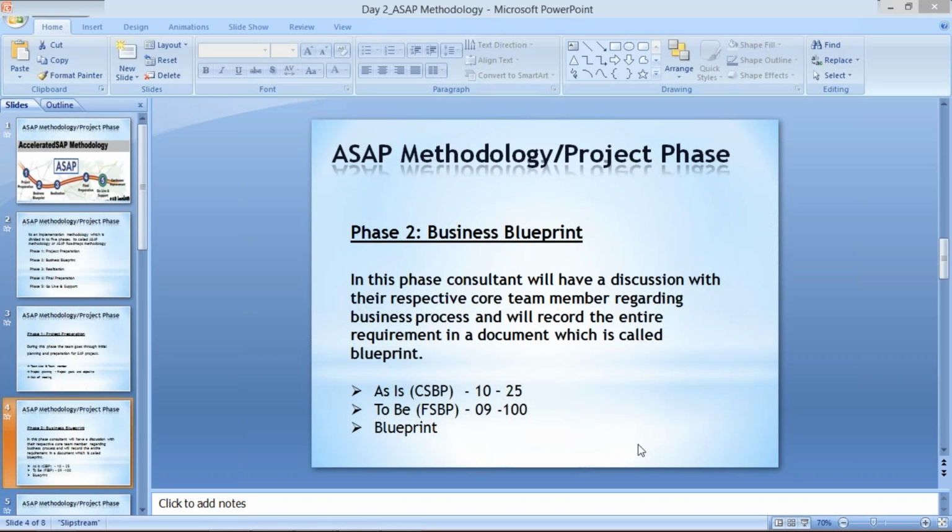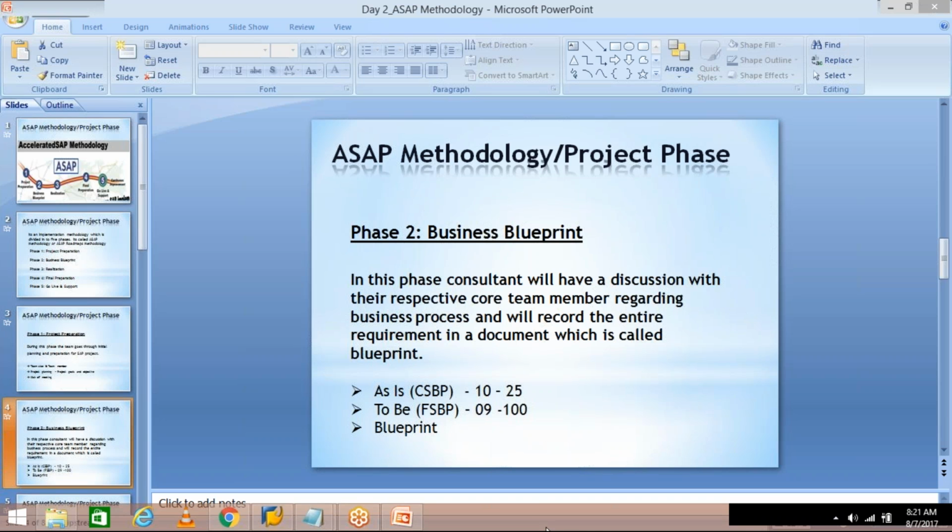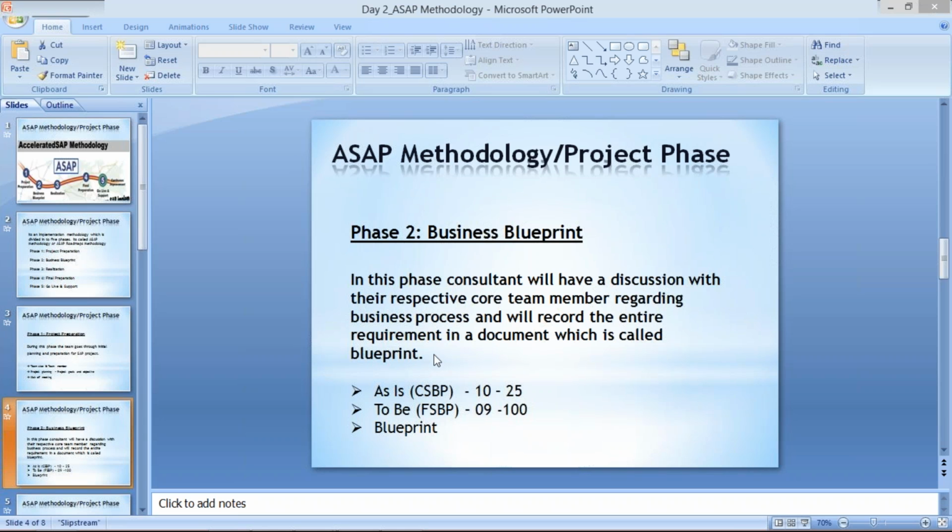And then we send it a third time. Let's suppose twice it got rejected, and the third time we are going to send it. So whatever blueprint we sent the third time is called the final version. Every time you send a document, there will be a particular name for that document. The name could be anything